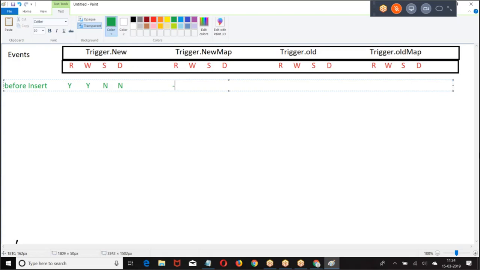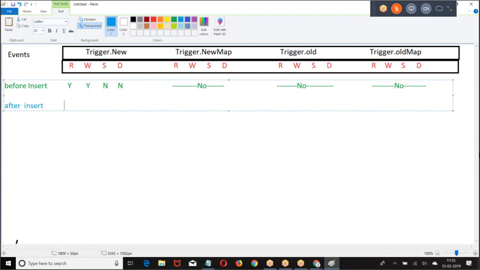Do you have Trigger.newMap? Why? Trigger.newMap will come only when you insert the record. It is before insert, so records are not saved. Then after insert. When it's after insert, do you have Trigger.new? Read. Now once the data is inserted, if you want to make any changes, what are you supposed to do?